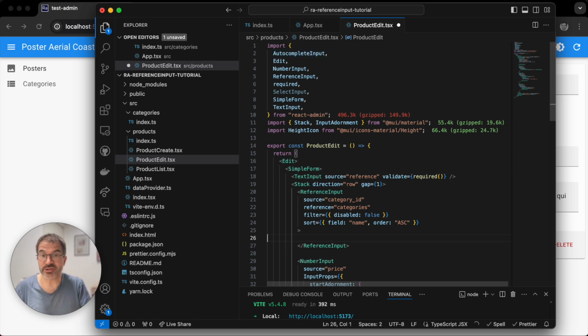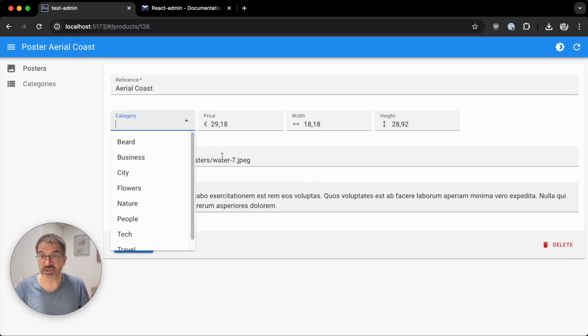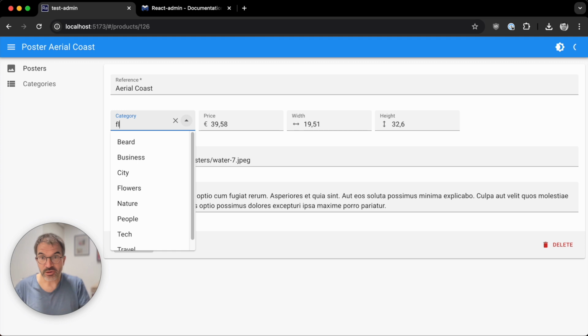You can even omit it and have a reference input without child, and it works as well. It's exactly the same. I have this autocomplete input here. If I refresh, I have the same autocomplete.